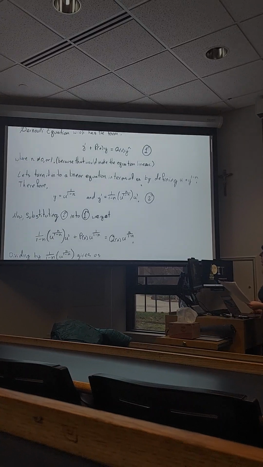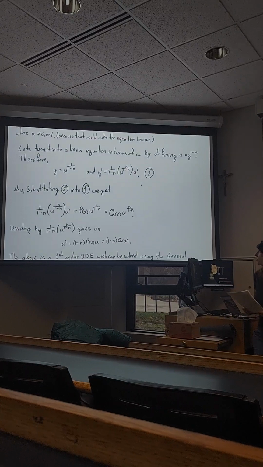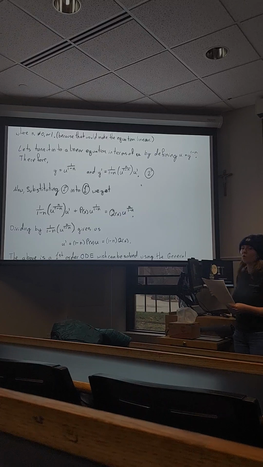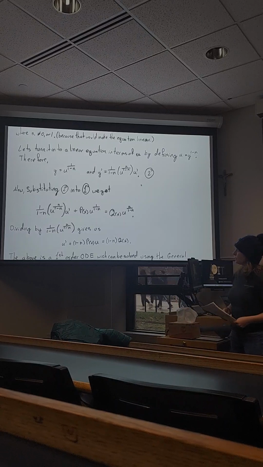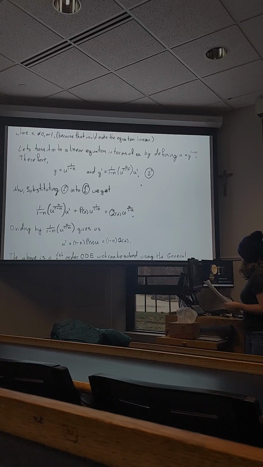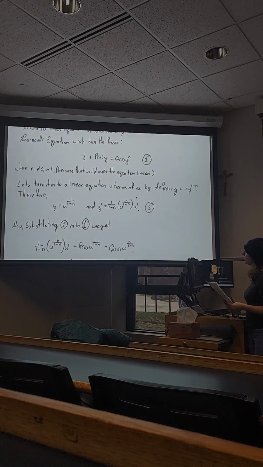So then we have y is equal to u to the 1 over 1 minus n, and y prime is equal to 1 over 1 minus n times u to the n over 1 minus n times u prime, whatever that is. So in order to linearize the equation, we're going to substitute equation 2 into equation 1 up here